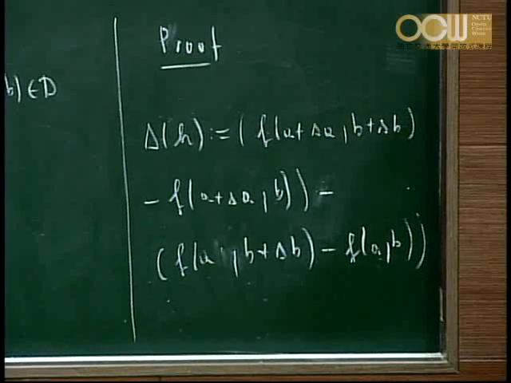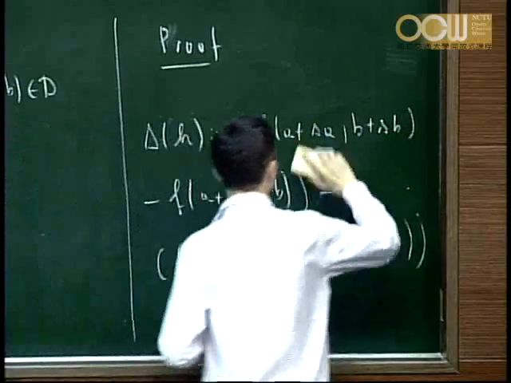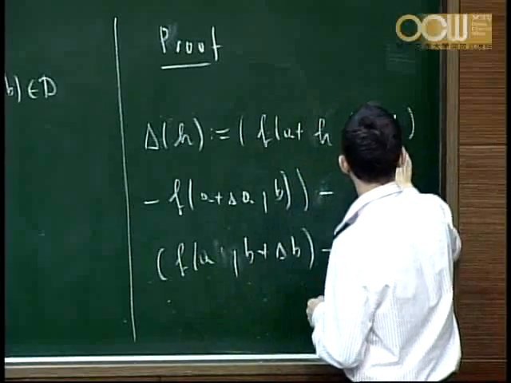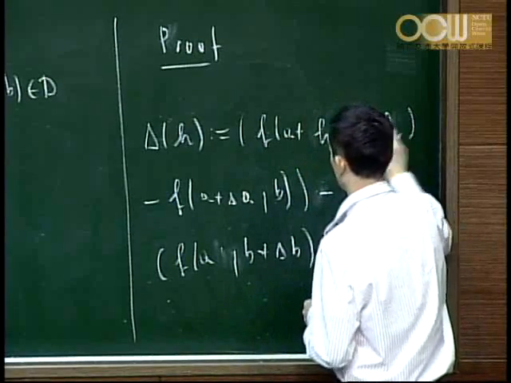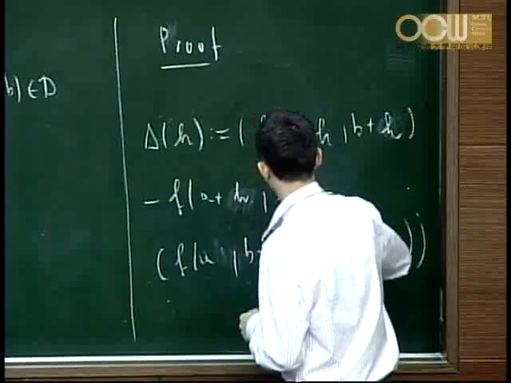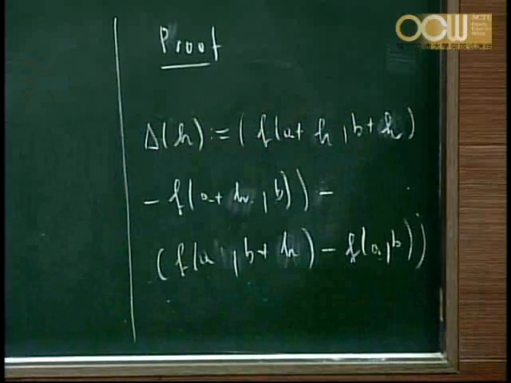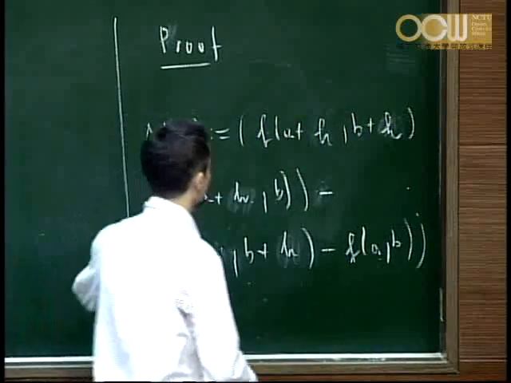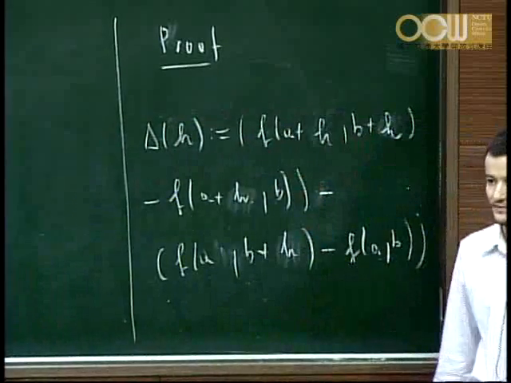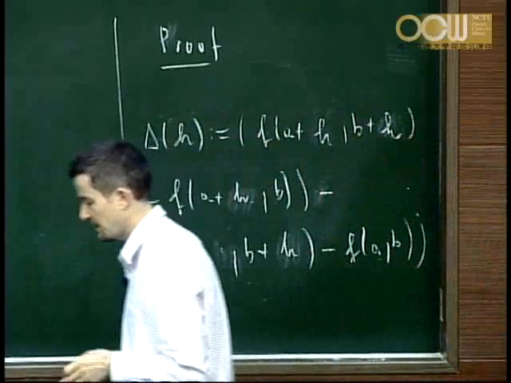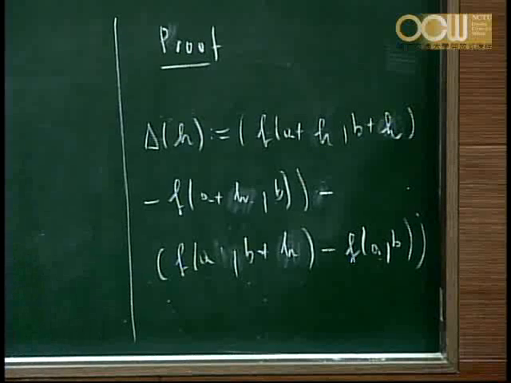This is a function of h. Sorry, this should be, everything should be h. Otherwise, this doesn't make sense because h does not occur. Now, the h must be small enough such that we are in the disk, okay? Once we are in the disk, because we know that the partial derivatives with respect to x and y and the partial derivative with respect to y and x both exist, they're both continuous. So we can,